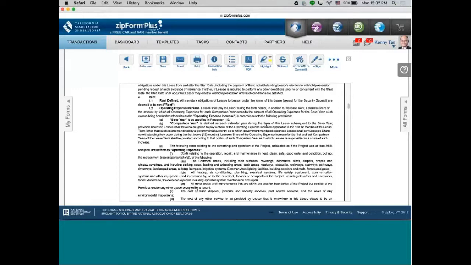Now, provided, however, lessee shall have no obligation to pay a share of the operating expense increase applicable to the first 12 months of the lease term, other than such as are mandated by governmental authority, as to which government-mandated expenses lessee shall pay lessee's share, notwithstanding they occur during the first 12 months. You know what this means? This means, if your lease starts on January 1st, 2017, then according to this provision, the first 12 months,